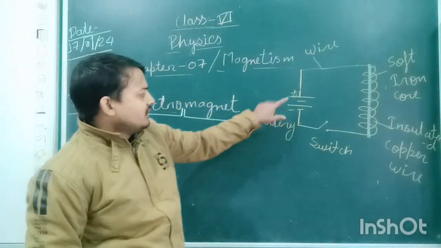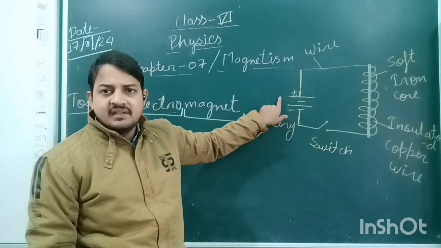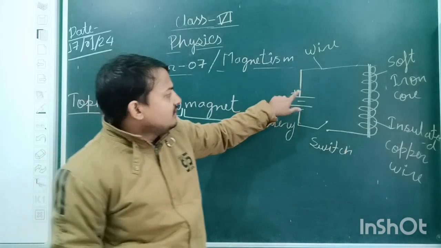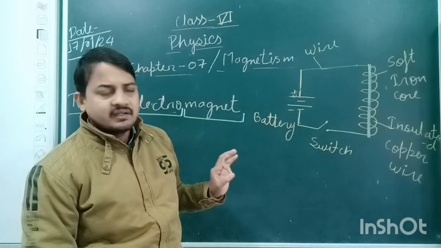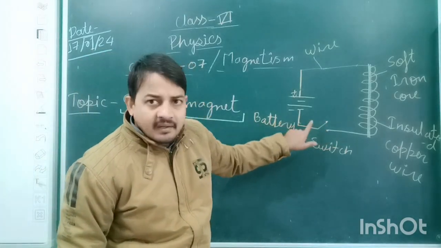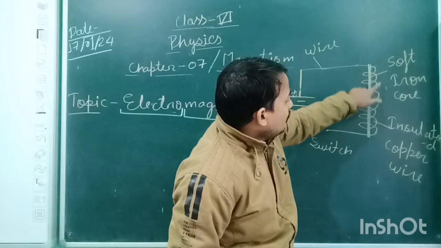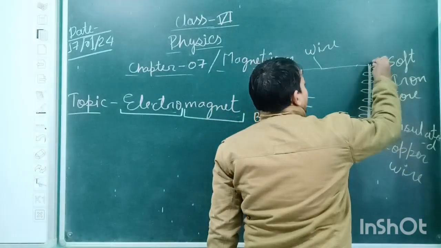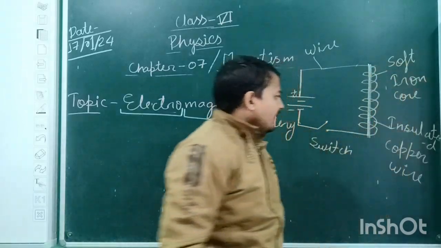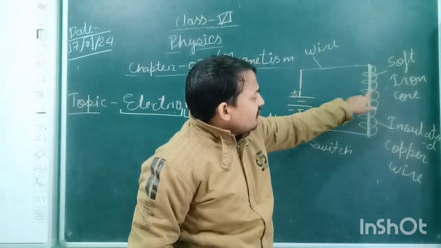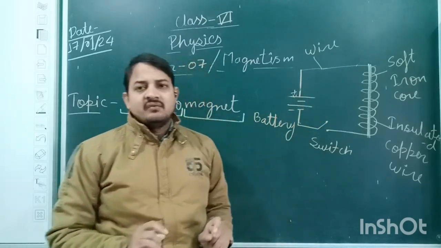Now see one more time. This is representing the battery containing two cells. It is up to you, whatever number of cells you require, you can take very easily. This is the normal connecting wire, which is used for making any electrical circuit. Now this is a switch, but in this condition, this switch is in the off position. This core is made of soft iron, so I have represented this as a soft iron core. This insulated copper wire is wound over the soft iron core. This is the very simple construction of an electromagnet.